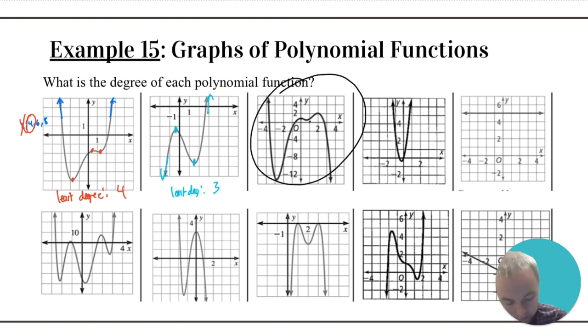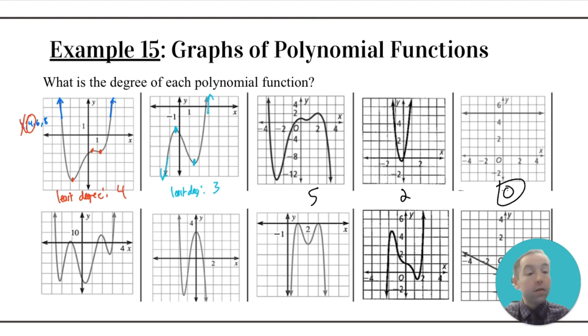3, 4 bumps in it. It's going opposite directions, so this one's going to be 5 for least degree, this one's going to be 2. You know that one's going to be degree 0 because it's a constant function. The equation is y equals 5, so it is degree 0 for sure. And you can tell that one is degree 2 because it pretty much looks like a parabola. This one's least degree would be 6, this one would be 3,